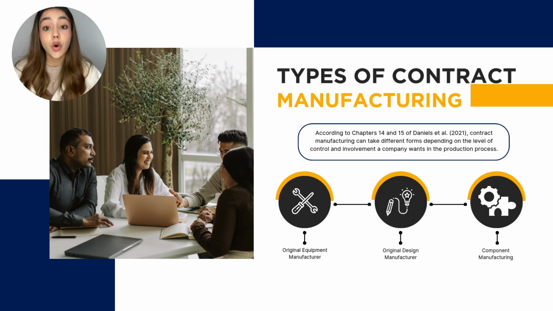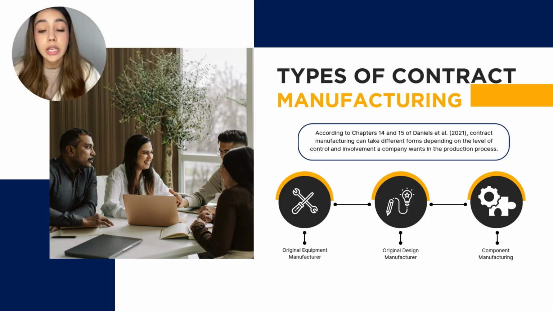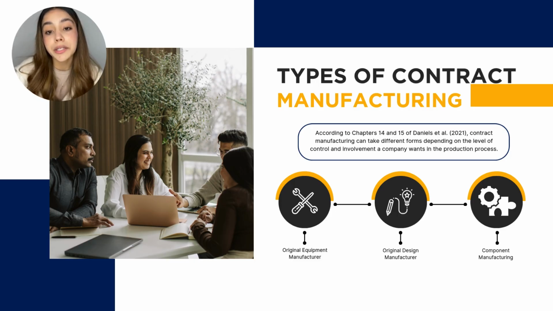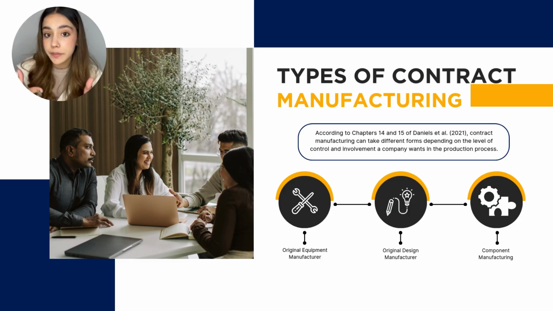The three main types of contract manufacturing are: first, original equipment manufacturer. The manufacturer produces goods based on the contracting firm's design but doesn't own the brand. For example, Apple outsourcing iPhone production to Foxconn. In the second, original design manufacturer, the manufacturer designs and produces the product, allowing the contracting firm to sell it under its brand, common in electronics and private label products. And in the third, component manufacturer, the manufacturer produces specific parts or components, for example semiconductors or chips used in